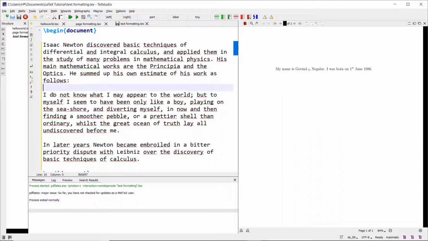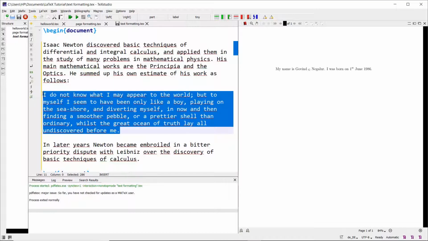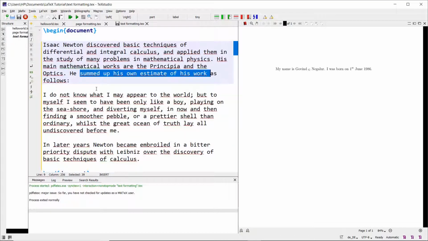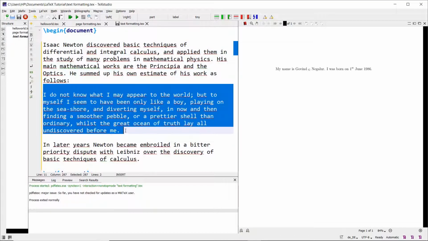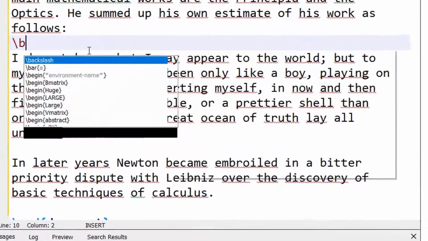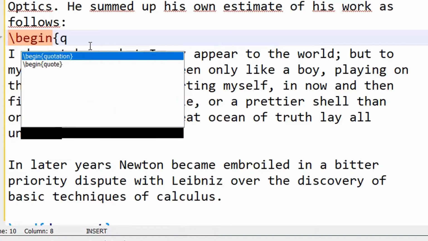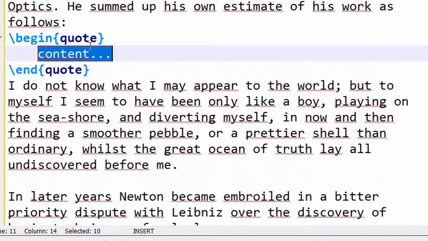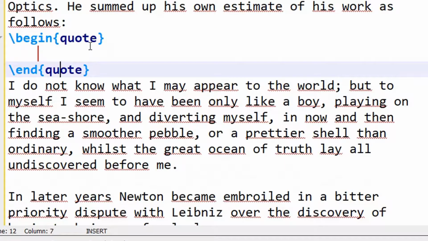Let us see the difference between them. I need to embed this paragraph, which is Isaac Newton's own estimate of his work. I can do it with the quote environment. To do this, I will use begin quote and end quote. I'll cut this and paste it at the end.